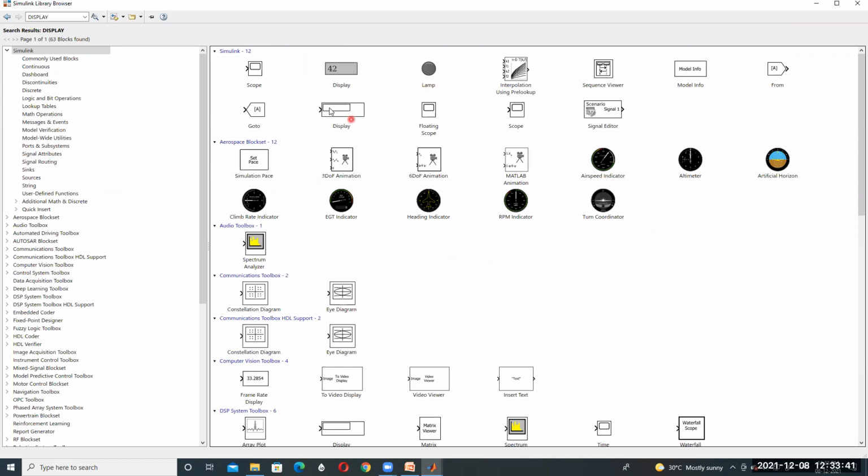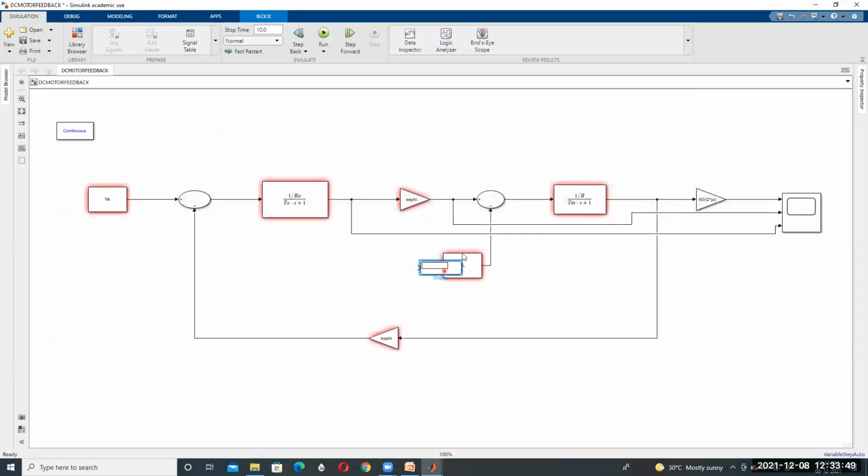This is called the Display block. Right click and add the block to the model. The display block will be up here. Here you want to display the speed in radians or RPM, and you want to display the torque value, so connect here.